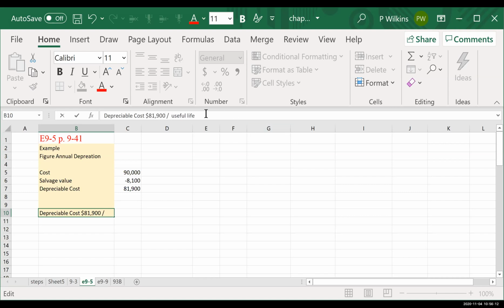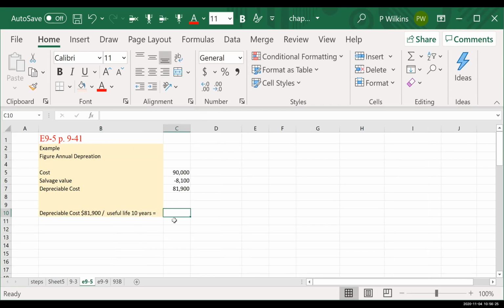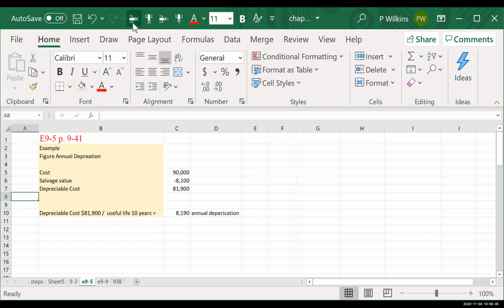$81,900 divided by a useful life of, they told us it was 10 years, right? So our annual depreciation for this asset is $8,190 per year. So our annual depreciation is $8,190 per year. Okay, so now what we want to know is we want to do the entry for